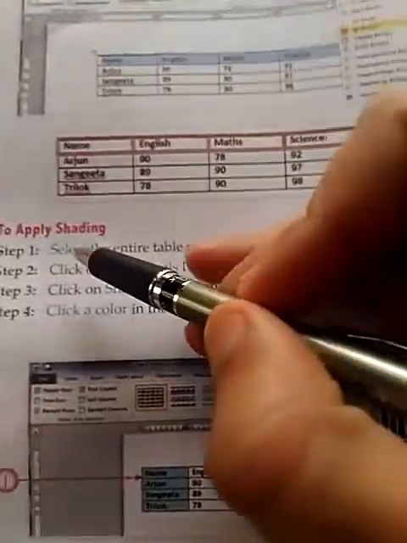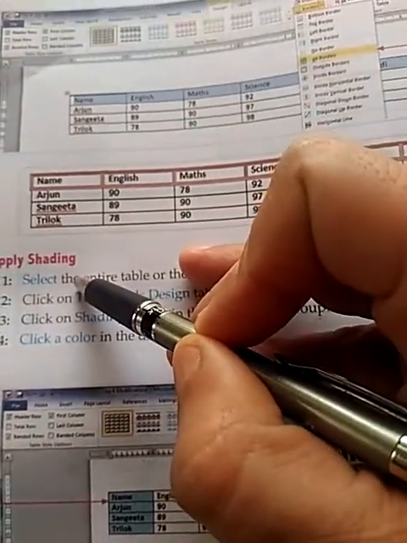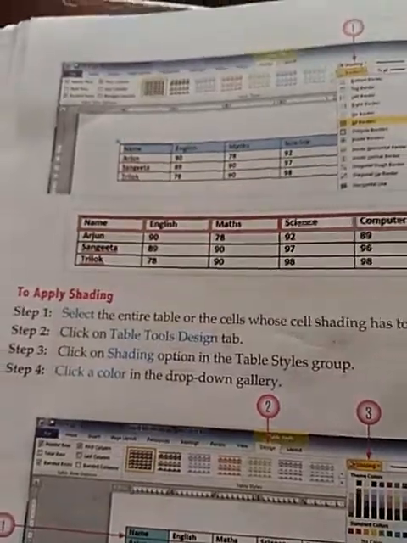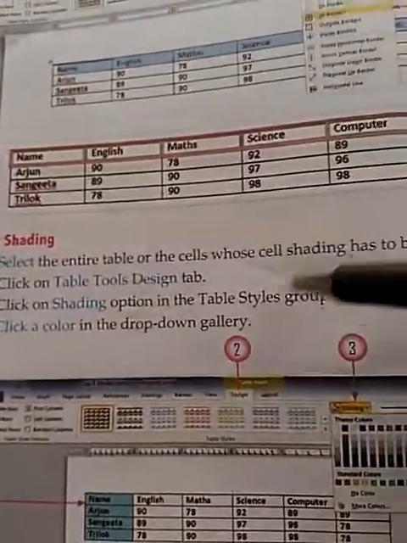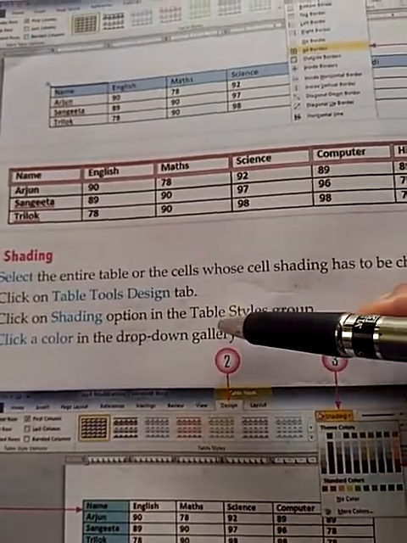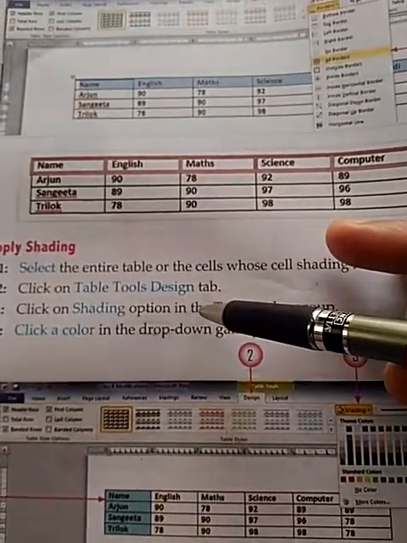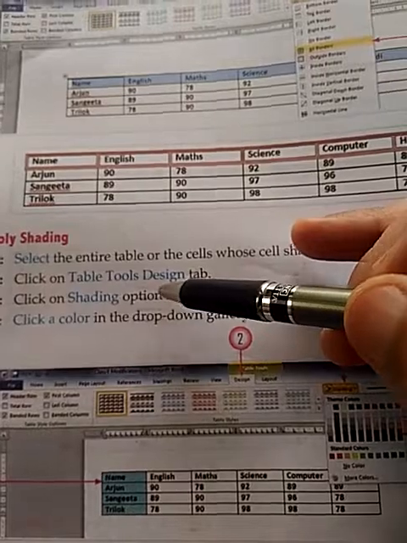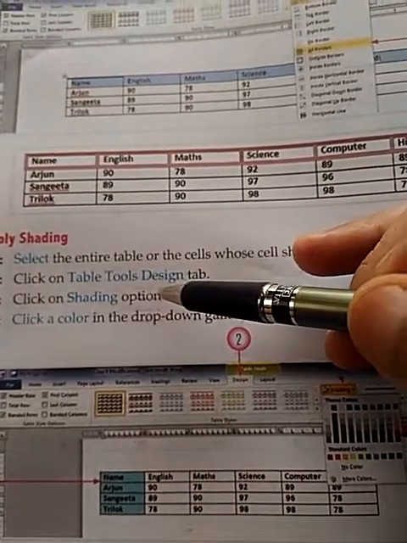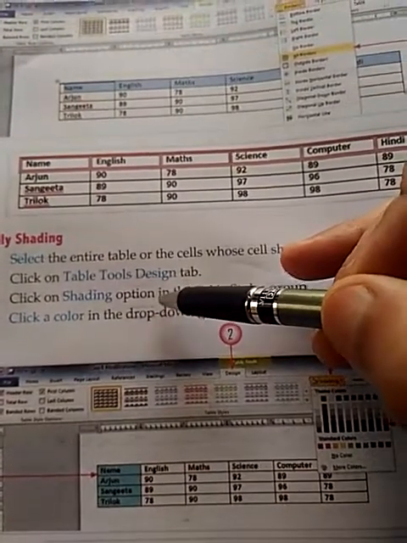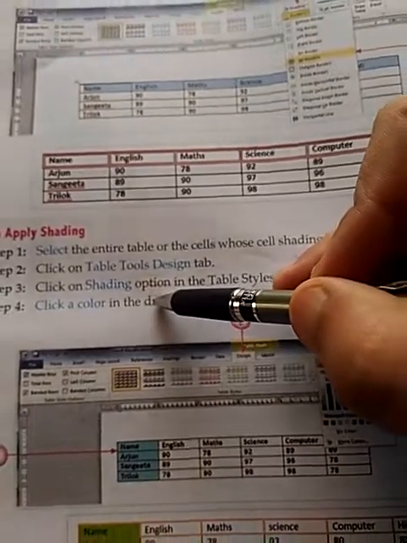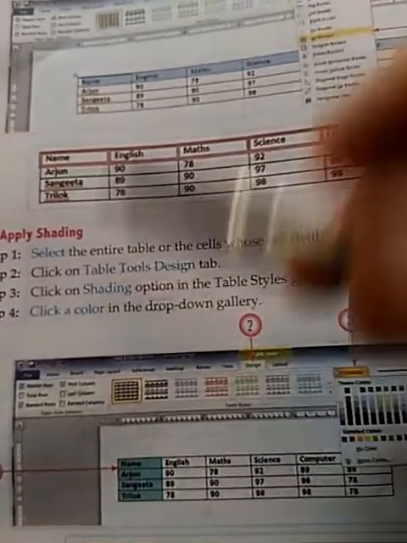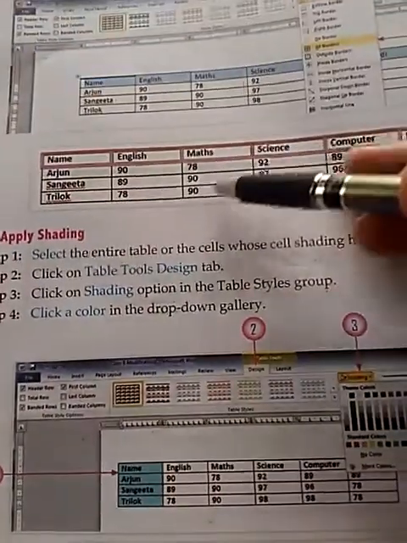Now shading. Shading means coloring of the table. You can apply the shading for a specific cell or shading of the entire row or entire column. Whatever shading you want to apply, first you need to select a particular cell or row or a column for which the shading option is required to be applied. First you select the column or you select the row. After that, go to the Design tab.